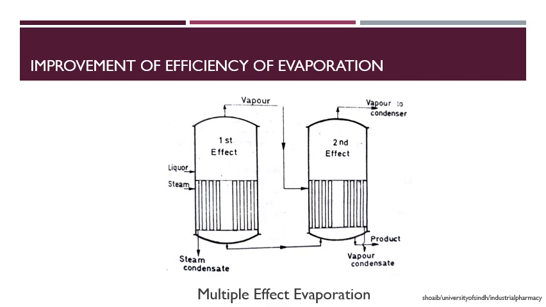When we are carrying out the evaporation, we are using steam to heat the liquor. When we heat the liquor, of course the liquor boils and evaporates, the vapors come out, and the vapors that are coming out, we then cool down and collect into